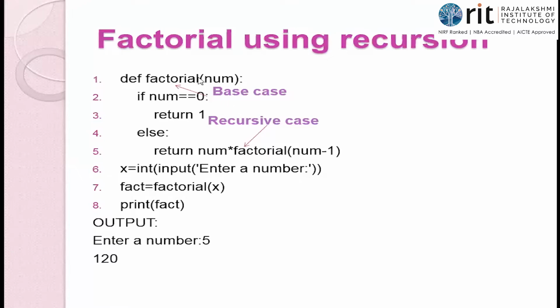Control will be taken to the definition. The call executes, the definition executes. So now the first line gets executed. What is the value of num here? The x value 5 is passed, so 5 is stored in num. So num is equal to 5. This is the normal case, a normal function. So get into the function definition.